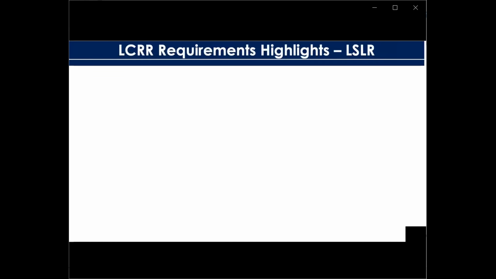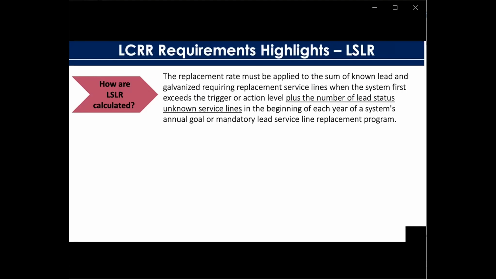Let's talk about lead service line replacement. To calculate the number of service line replacements, the replacement rate must be applied to the sum of known lead and galvanized requiring replacement service lines when the system first exceeds the trigger or action level, plus the number of unknown service lines at the beginning of each year of a system's annual goal or mandatory lead service line replacement program. Each service line counts only once when calculating the required number of service line replacements, even where the ownership